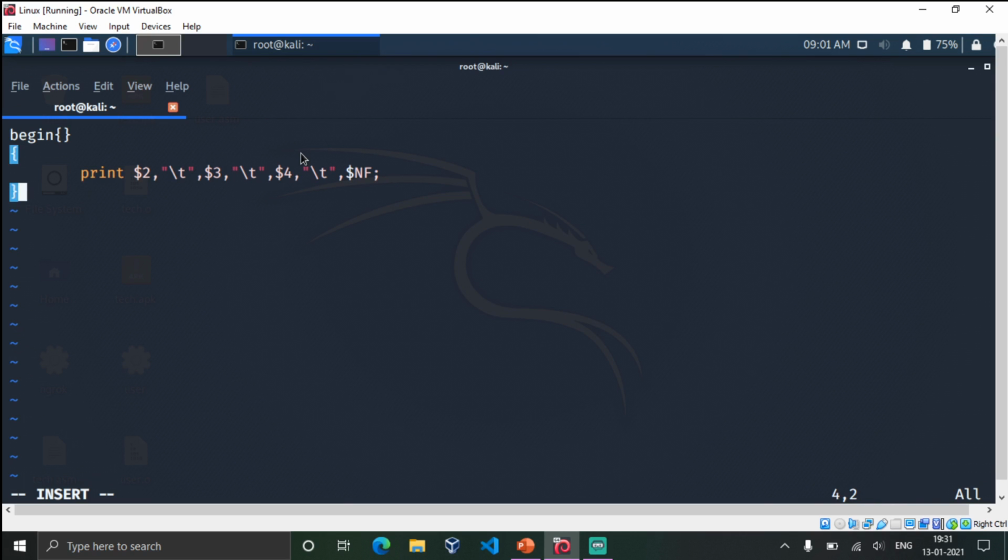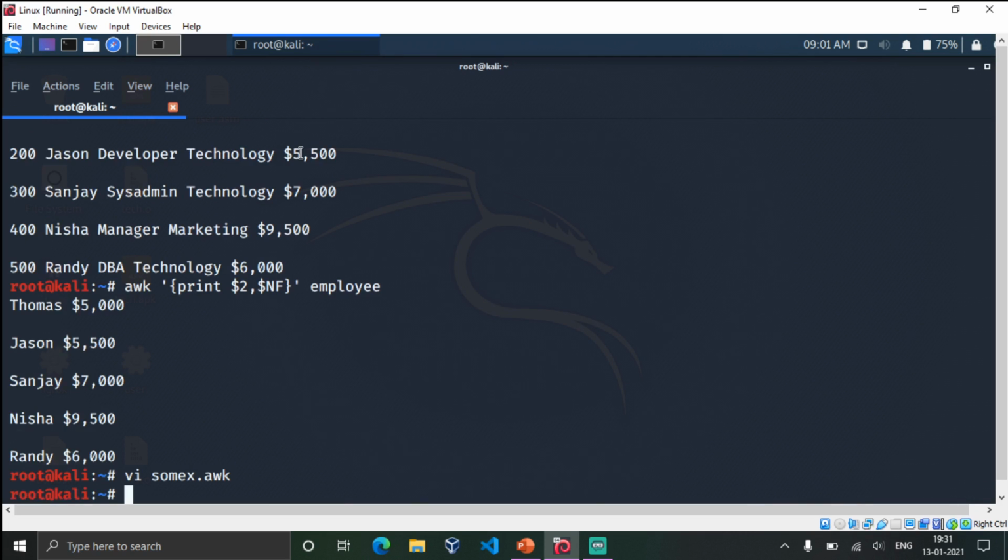And you need to write the end section. It's your choice to write the end section or not, but the body section must be written in the AWK script. And if I want to perform any operation by using that script, we can do that now. AWK